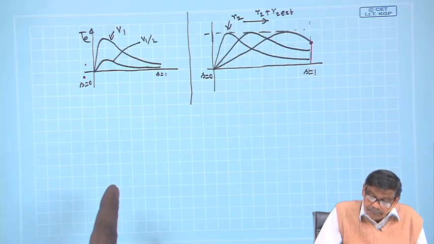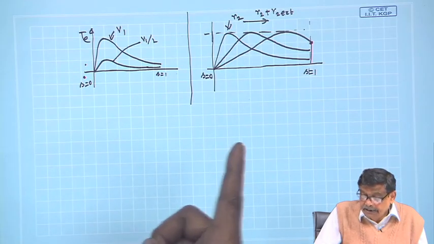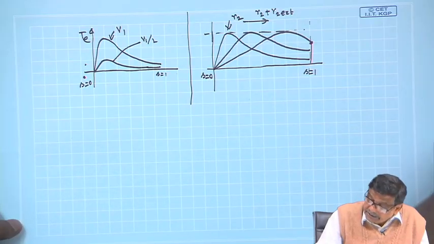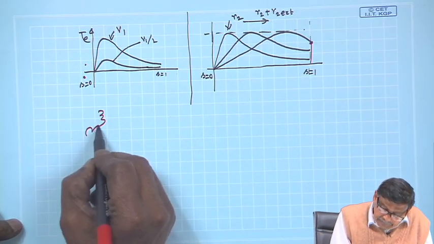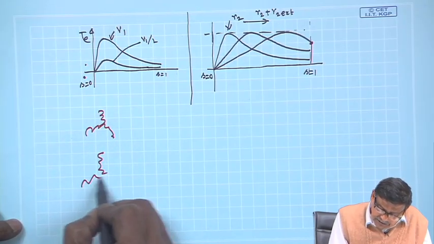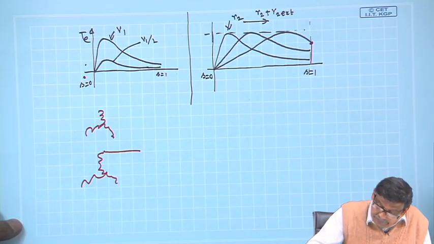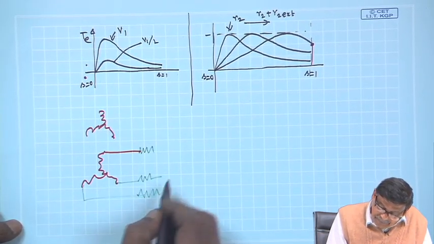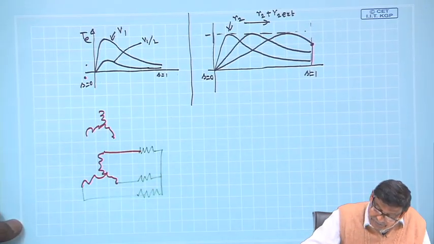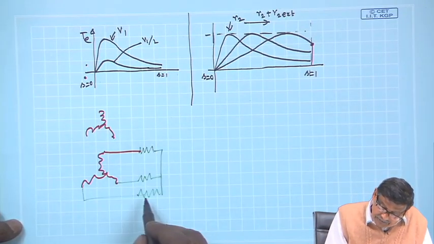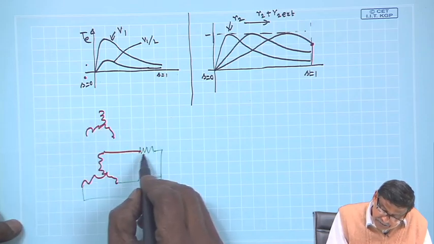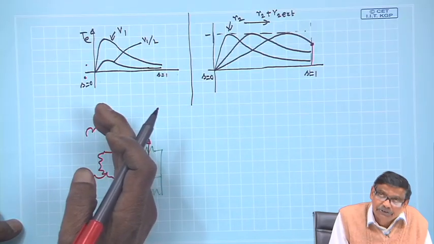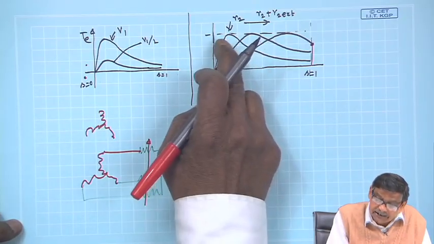exploit that you can get higher starting torque. Depending on that, you select R2 external, connect it, no doubt. This is the stator. Let us draw it. What I was telling, you connect that R external here, and short it. Some is external, but as the machine picks up speed, finally, that is why I showed it variable, bring it down to 0. So that finally the machine will operate at R2